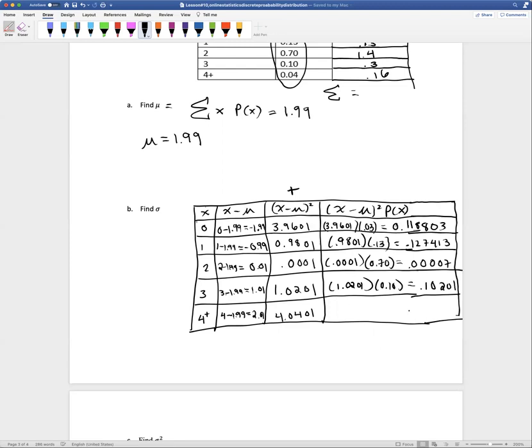Okay, one more. X minus mu squared is 4.0401 times p of x. So this was for 4 or more cars. The probability we have 4 or more cars is 4%. And when we multiply those two together, 4.0401 times 0.04, we get